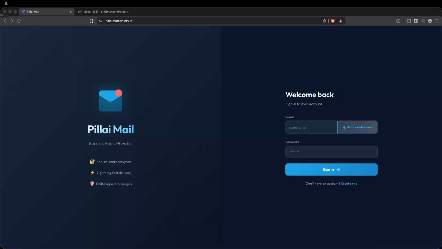Hi, this is a demo of a project I made, which is called Billy Mail. This is similar to the other email systems available in the market right now, for example Gmail, Yahoo, Outlook. It is much similar to all of them. The intention of making this was basically to understand how email systems work behind the scenes.